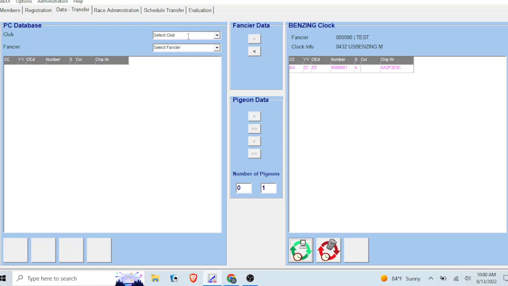The biggest thing is to not have a club created. Right here where we have select club, there's no club in there. So that's what we want. We don't want any club information in there at all. So now that we're there, I'm going to go ahead and use the arrow,